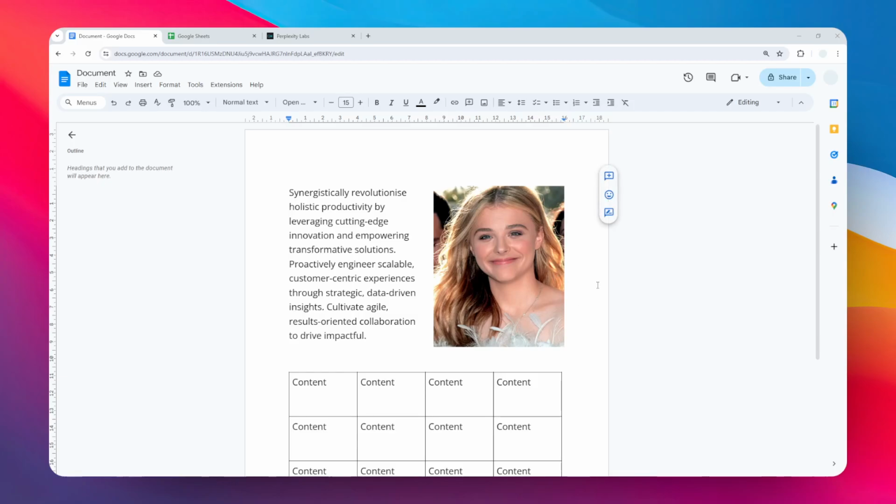Hi, in this video, I'm going to show you how you can change the version history name in your Google Docs document. So changing the name of your version history is very useful, especially if you want to organize a very long document or a document that you have been working with your friends and you want to keep track